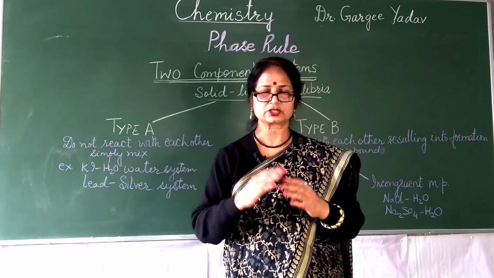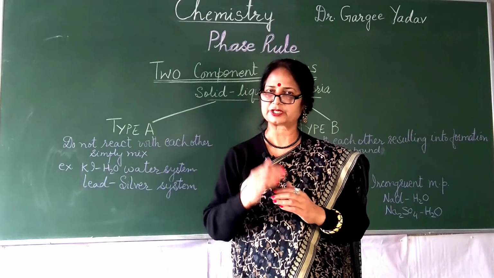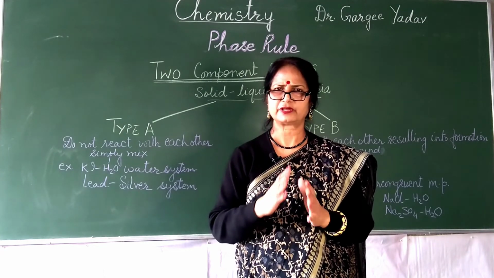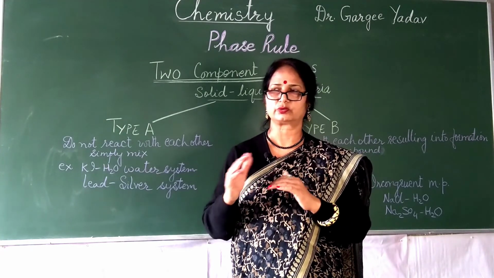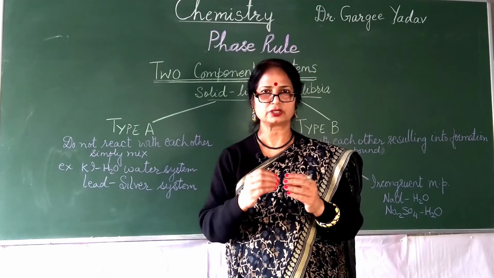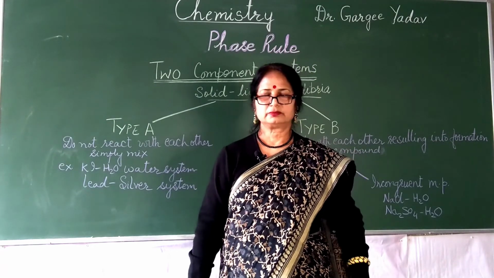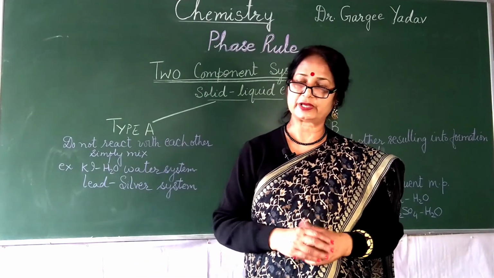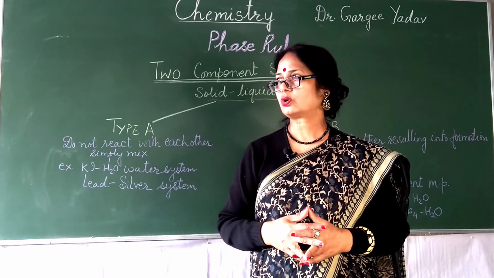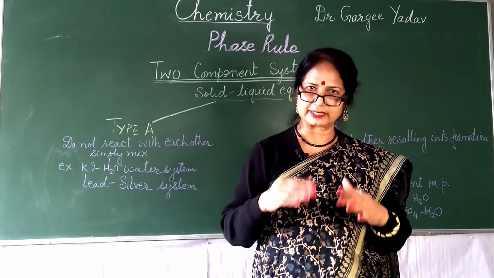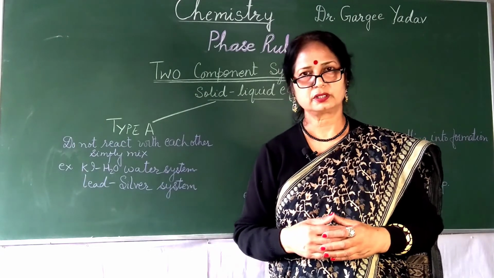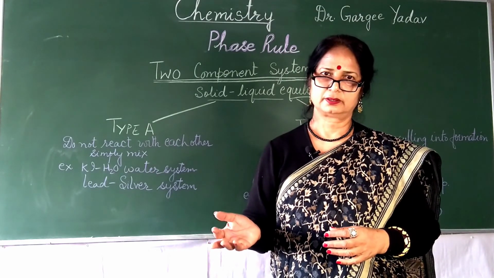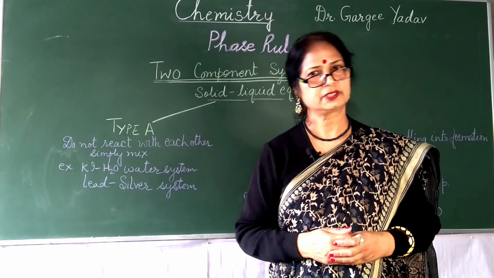Moreover, when we are studying a solid liquid equilibrium, the effect of pressure on such a system is very low. It means that pressure does not change very much with temperature in solid liquid equilibrium, so we keep the pressure variable constant. The vapor phase is usually ignored in such systems, so the effect of pressure is almost negligible. So what we have is a condensed system, and we follow the reduced phase rule equation in all these equilibria. So this was all about the two component system. Thank you very much.